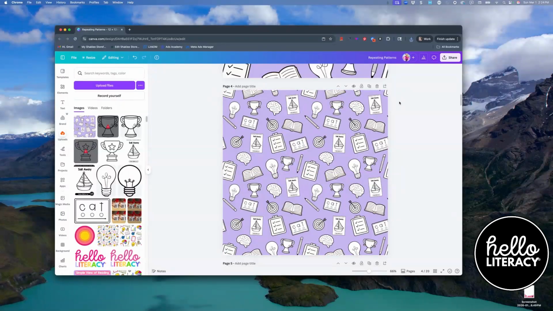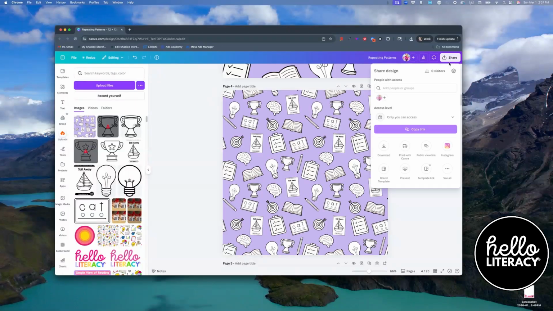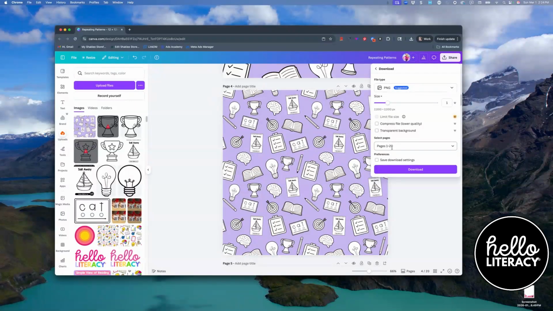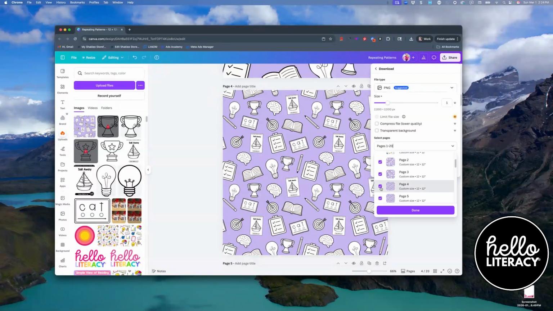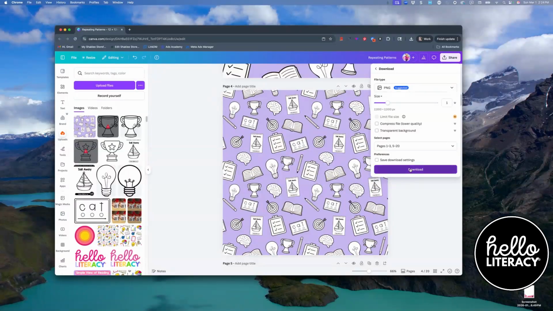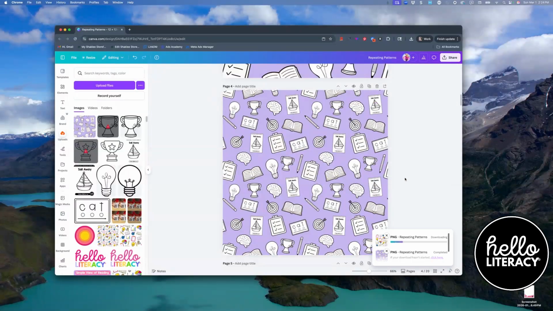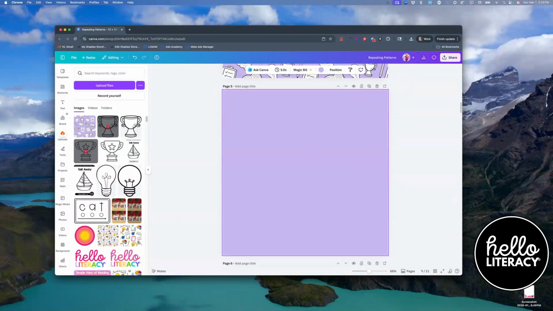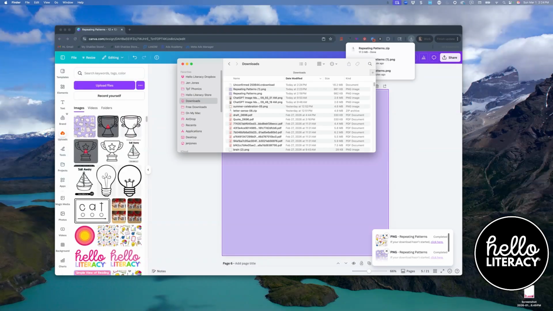And you could be done with this if you wanted to, or you can make the pattern even smaller by downloading page 4, just page 4, just this page, to create an even smaller pattern if you wanted to. And if you wanted to do that, then again, you have to create another blank page. You also have to take what you just downloaded there, and you have to put that new PNG into your,